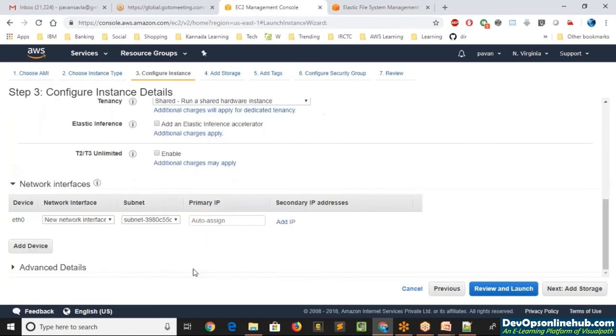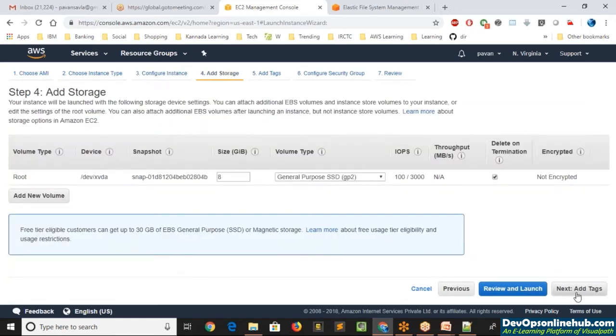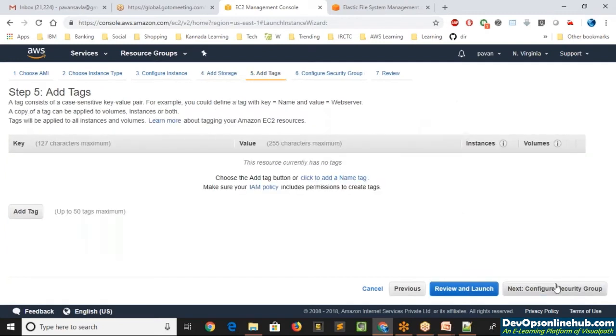Right? And then quickly go ahead and add the storage. So it's going to be a root volume with 8 GB of size, and then let's add the tags.